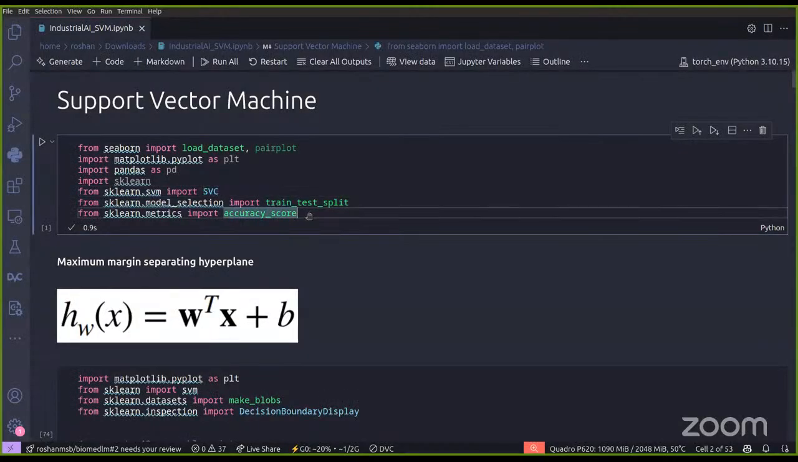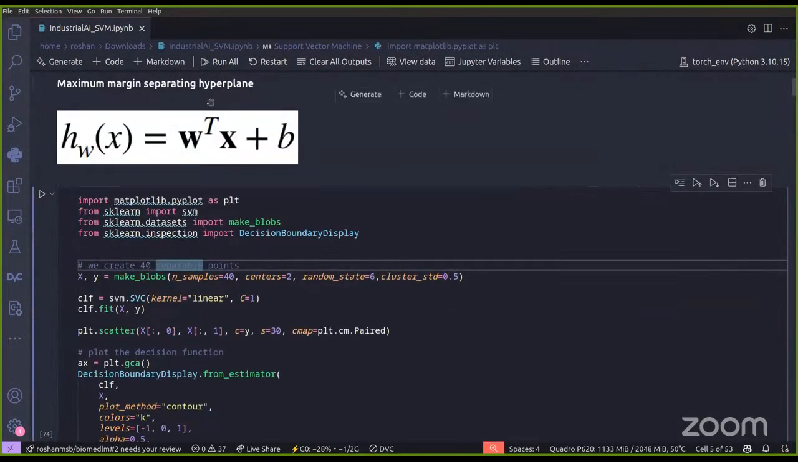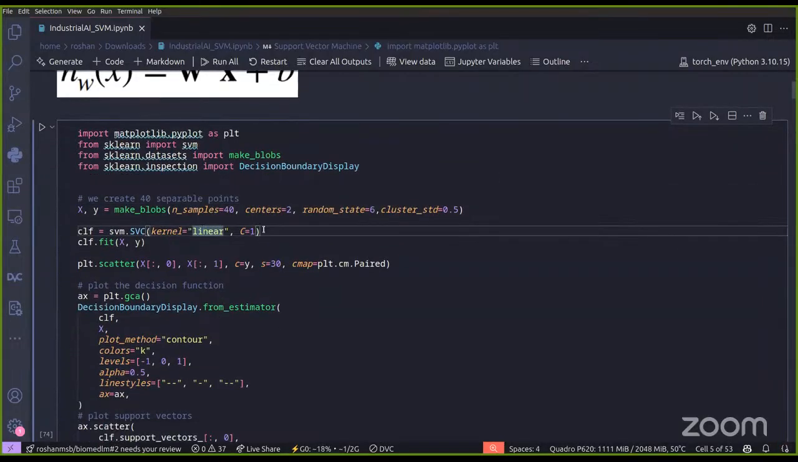Support vector machine class and so on. So this is just the equation for the maximum margin separating hyperplane. Again, you don't need to worry about this equation right now. So what I do is I create